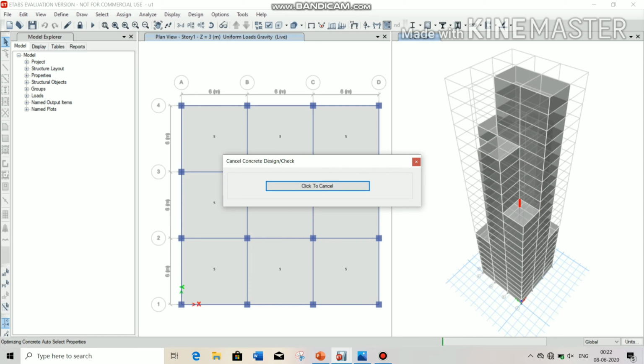The design check is in progress. It will take some time. In the right hand bottom corner you can see the progress.